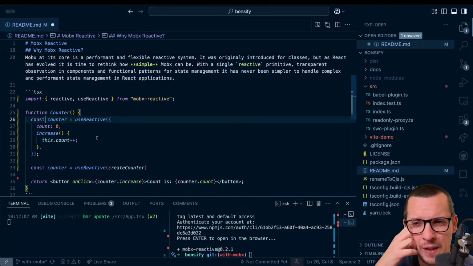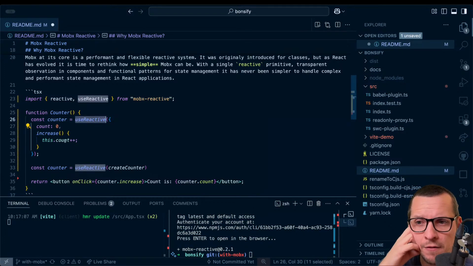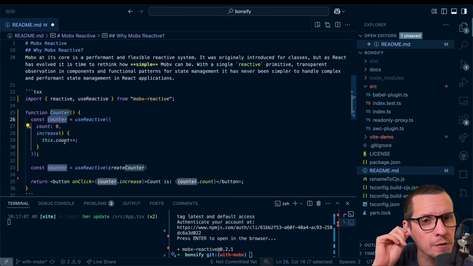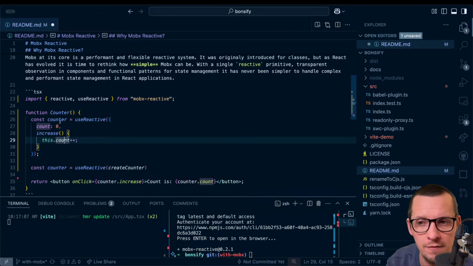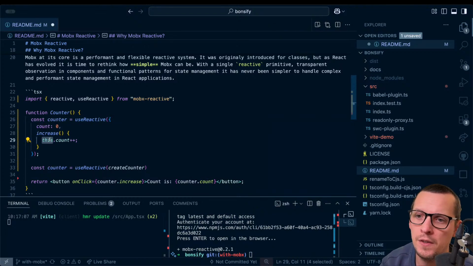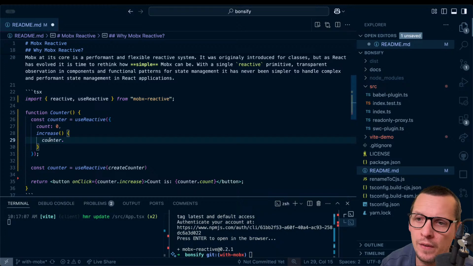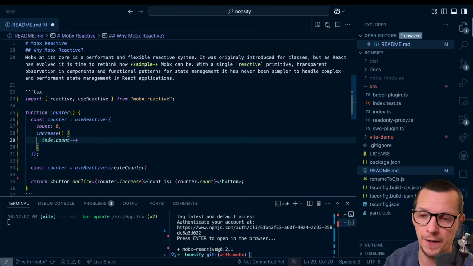But if you only take an object, then you don't have a reference to it, because what I did now is that when you use reactive, I got rid of the read only. Rather, now when you use reactive, it always becomes read only. So by the sheer fact of using reactive, that's what makes it read only. So now you can't do counter.count++. That will give an error. But then you have to do count, and this just works out of the box. It's not like any special thing that needs to be done here.